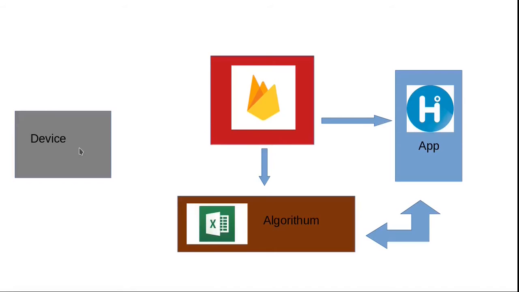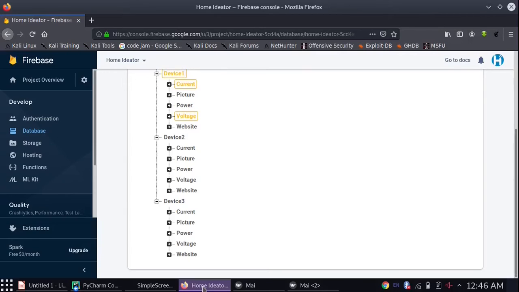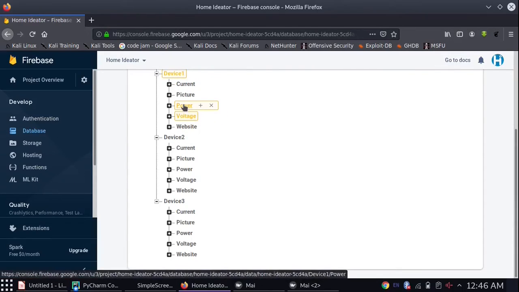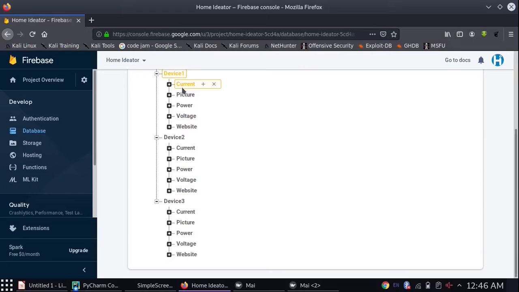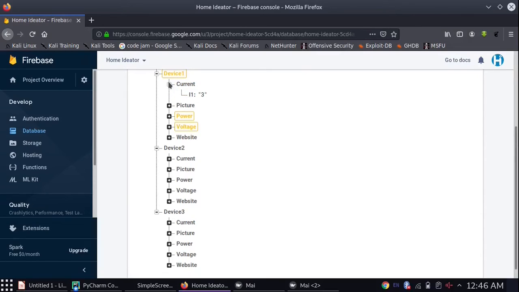This is sent to the Firebase using the internet, and the data which is sent will be stored in the Firebase. You can see that when I started to run the program, there was blinking in the current, power, and voltage, and the values changed.